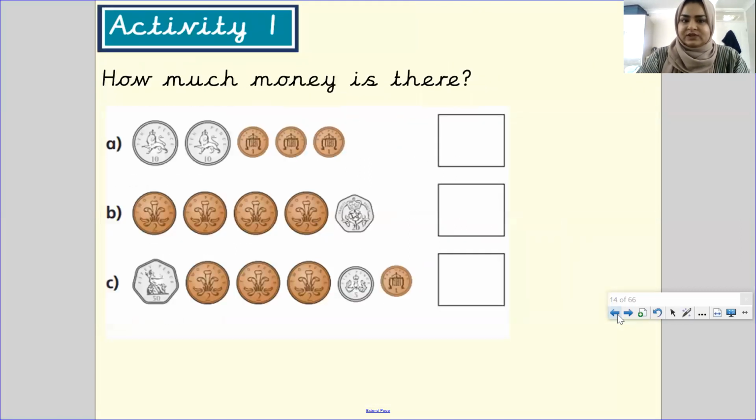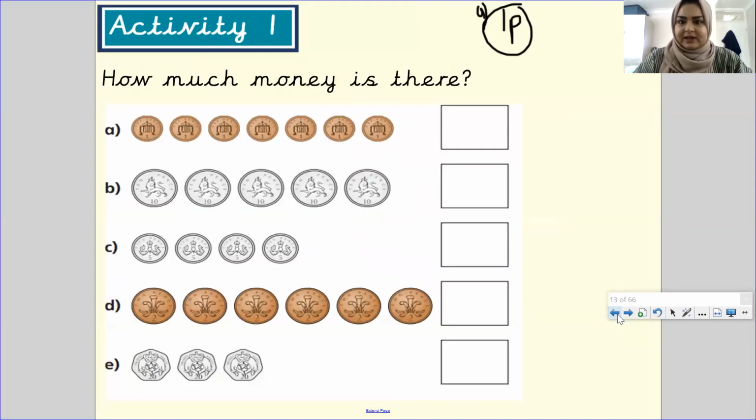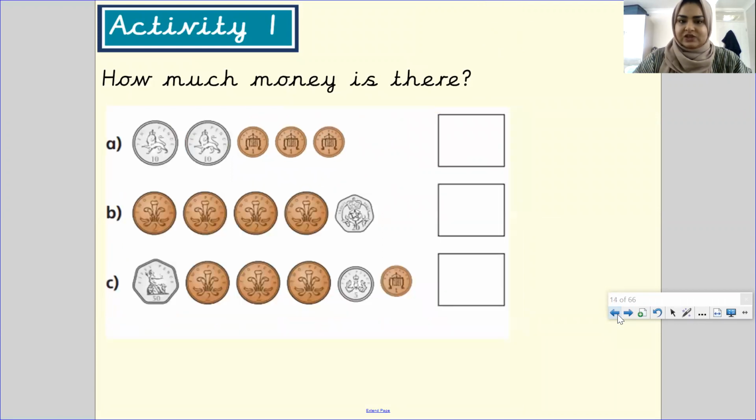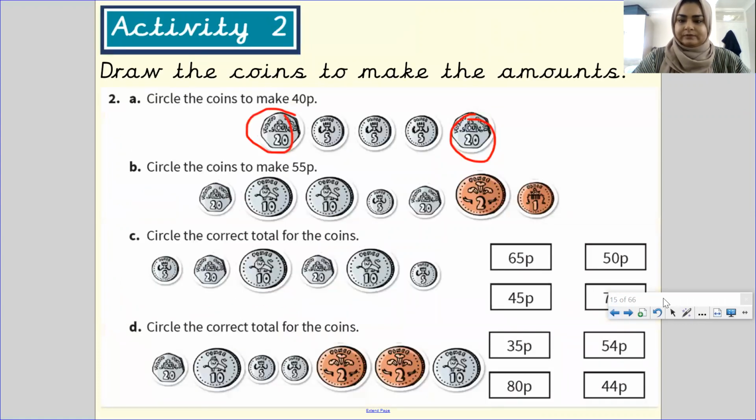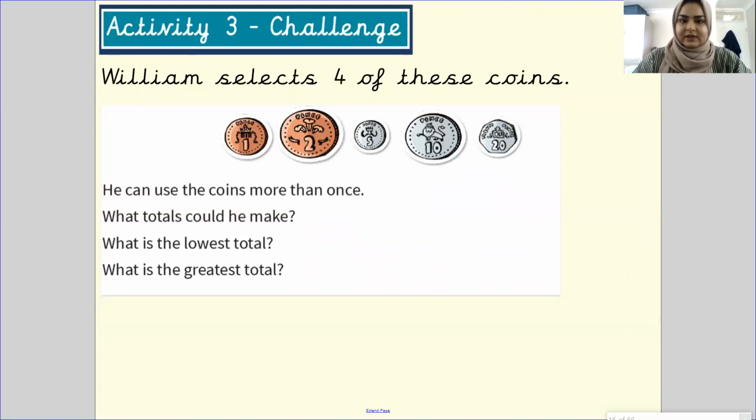Okay, so now activity 1 has 2 pages. This is the first page. This is the second page. Now this is activity 2. And this is activity 3, the challenge. So if you just rewind the video back and pause it on the correct